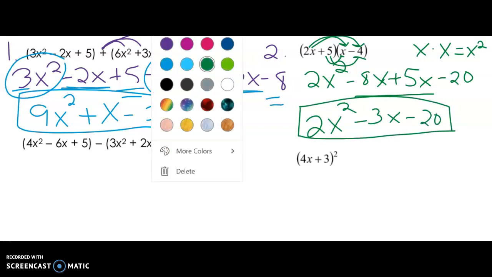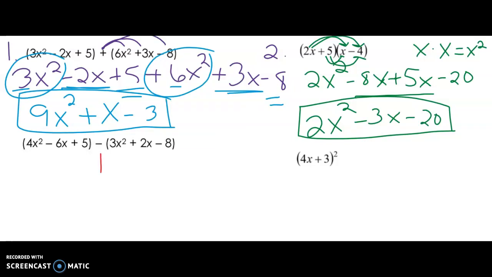Our next problem is, see the symbol? There's a subtraction sign between there. It's 4x squared minus 6x plus 5 minus 3x squared plus 2x minus 8. We need to distribute that negative sign when we write this without parentheses. So 4x squared minus 6x plus 5